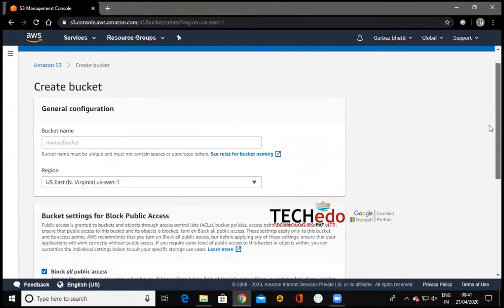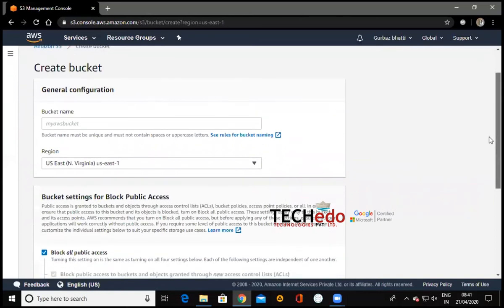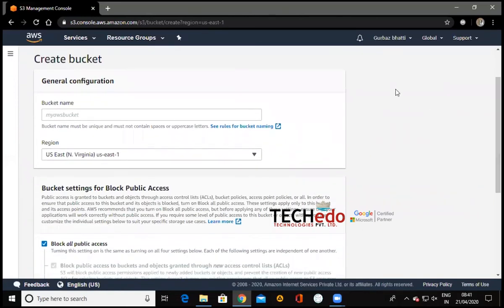When we talk about an S3 bucket, it is just a simple storage, and inside this storage you can put any type of object or any type of data. It does not mean that you can only put some text file or some specific type of file. You can put whatever you want to. It would be a bucket. It will not be a file system, it would be a bucket.